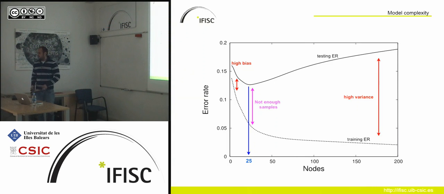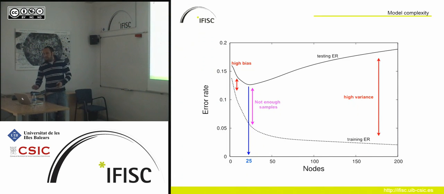Well, the problem is not the number of heartbeats. The problem is actually the number of patients. We only have 47 patients. And each heart performs differently, according to how healthy it is, according to the sports that they do, etc. So what we need is more of these hearts, more of these systems performing heartbeats. It's not of interest for us to get more heartbeats, but to get more patients or more subjects.